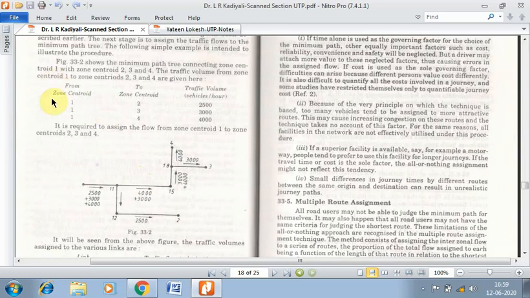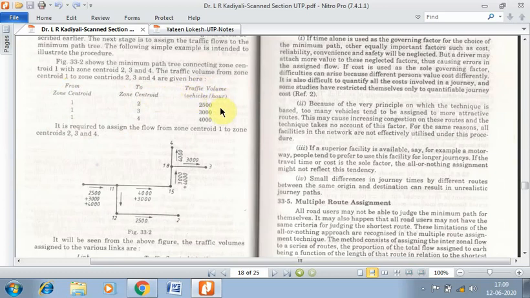Now there would be a table that would be given somewhat like this. You might have to explain this process through an example similar to this, depending upon your assumptions, and explain it if asked in the examination. So you would have to represent the existing situation in the form of a table like this. Now this is the from zone centroid and to zone centroid, and parallelly you would have the traffic volumes, which are represented in terms of vehicles per hour.